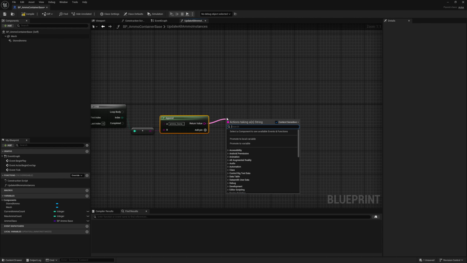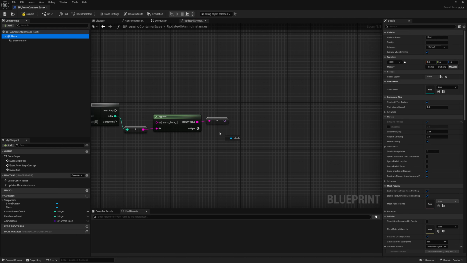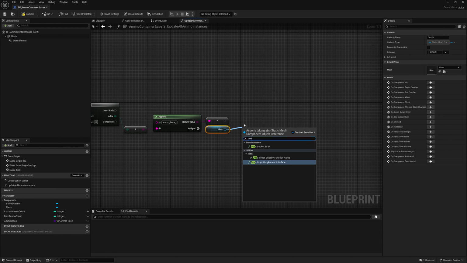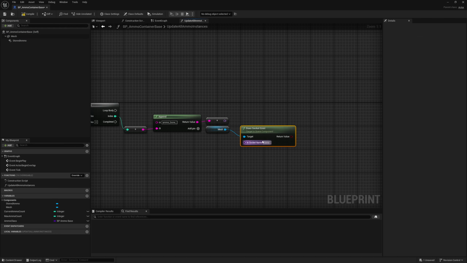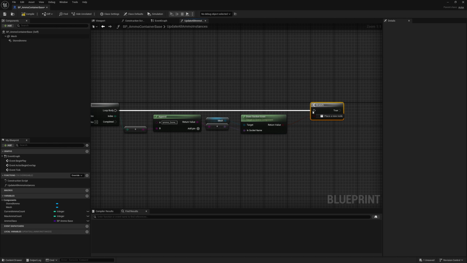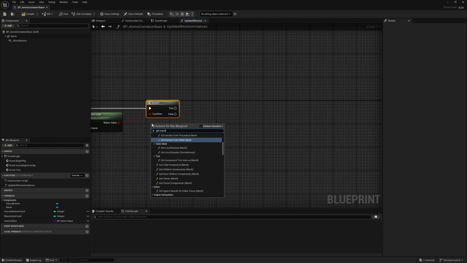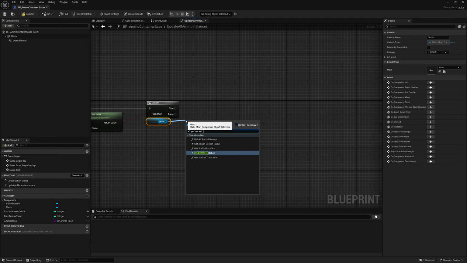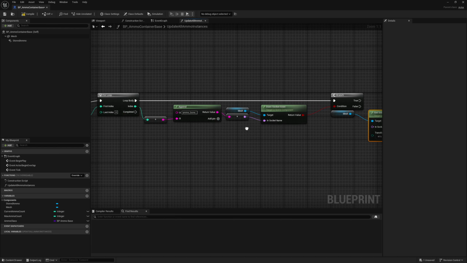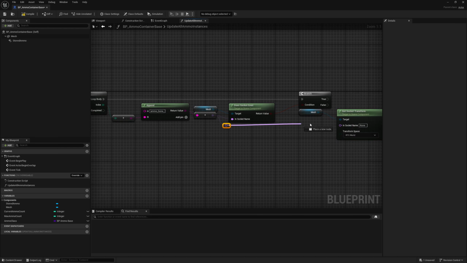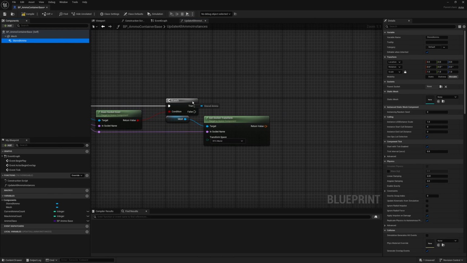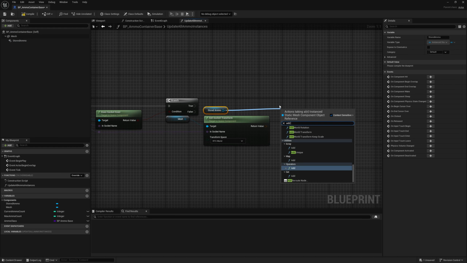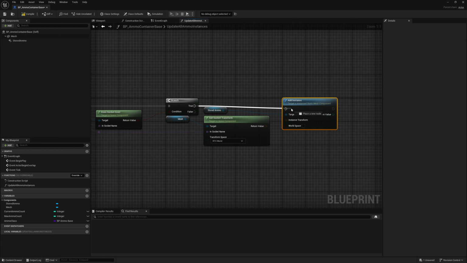Then we want to cast this return string to a name, get our mesh, and check if the socket exists. So does socket exist? And we put this into a branch. Now we can connect this to the loop body. Now again, we want to get the mesh, get the socket transform, again from this one, and then we want to get our stored ammo and add an instance, but only if